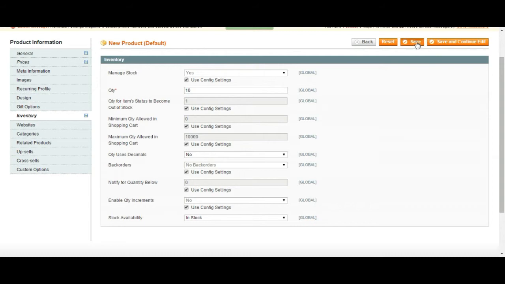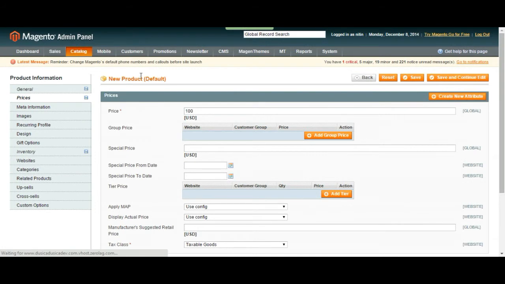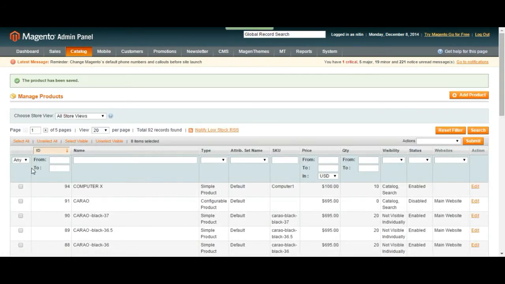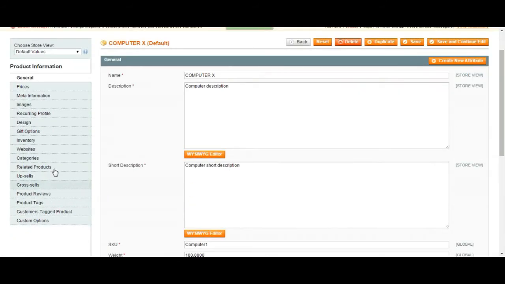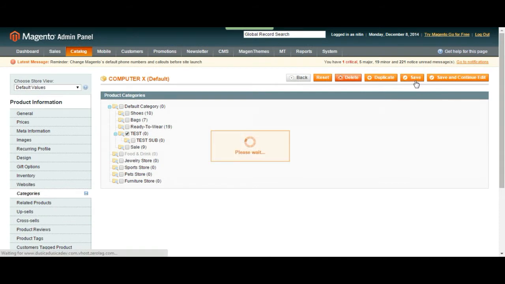As I said, don't worry about this right now. Just also we have to choose a tax. Don't worry about the complications of this right now. I'm just doing this to make you understand how to add a product to a category for now. Also, I forgot to choose its category. You have to go to the category page and then choose our new category, which is test. Alright, so let's save it and go back to the